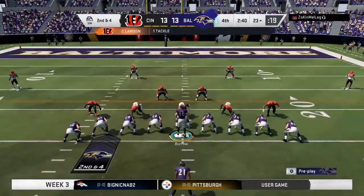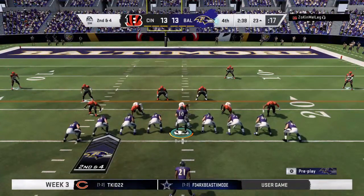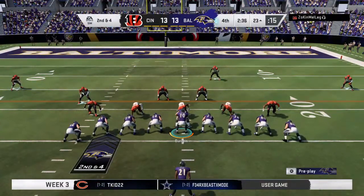You go tight. You got tight. You got tight. 2nd and 4 at the